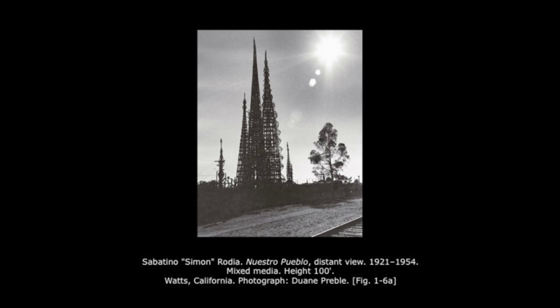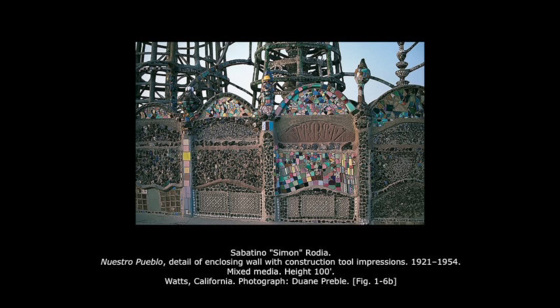A great example of art by an outsider artist or an untrained artist would be what are sometimes referred to as the Watts Towers near Los Angeles. The Watts Towers were built by an immigrant to America named Simon Rodia, and the way he built the towers is by collecting refuse, trash or litter that he found lying on the street that he decided that he wanted to make into something beautiful. So he spent close to 30 years working on these towers, and it's become quite an attraction, and it's